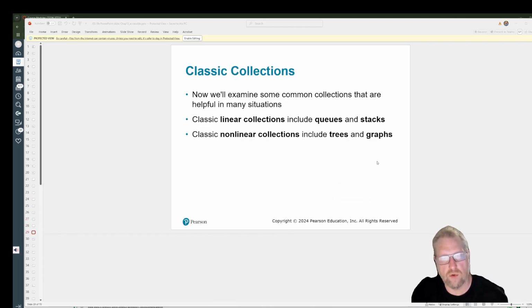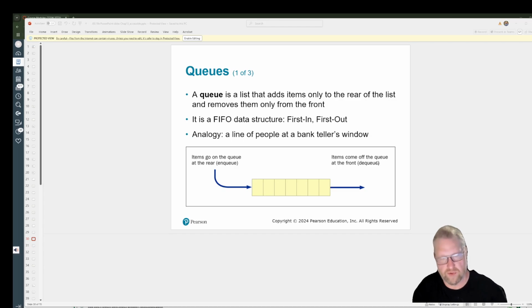Now we get into queues, and you can implement a queue as a linked list, but here's the idea is that